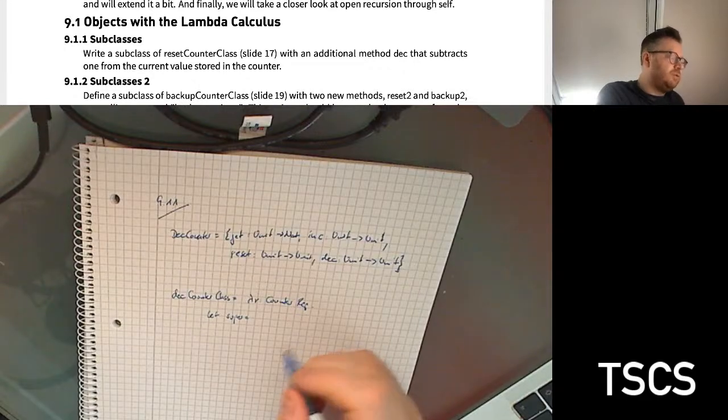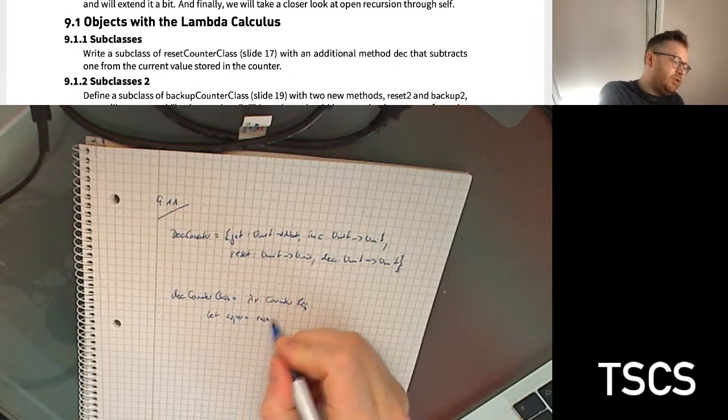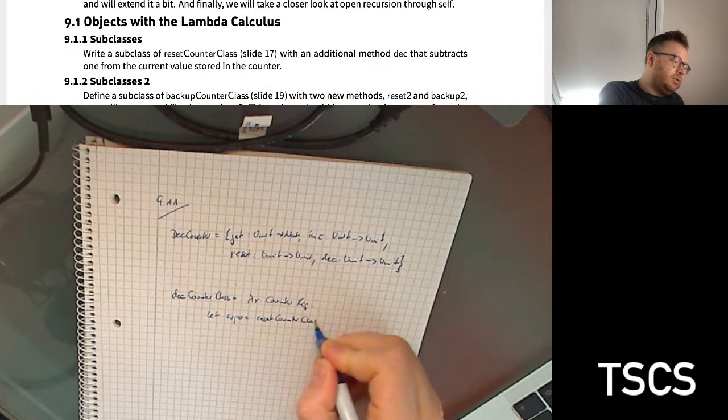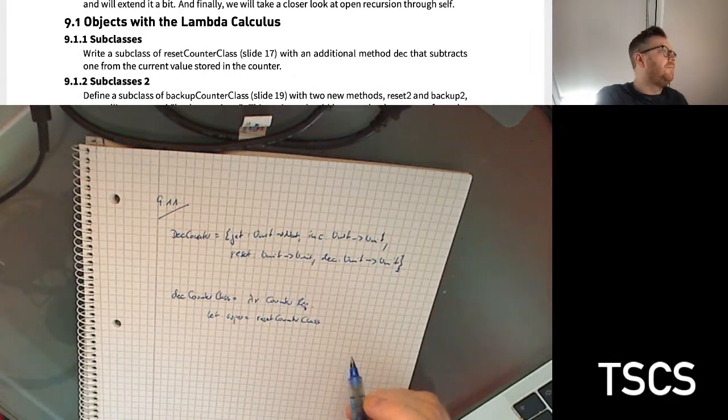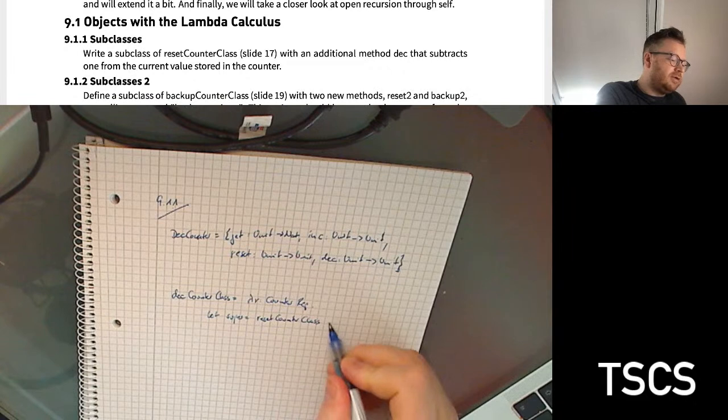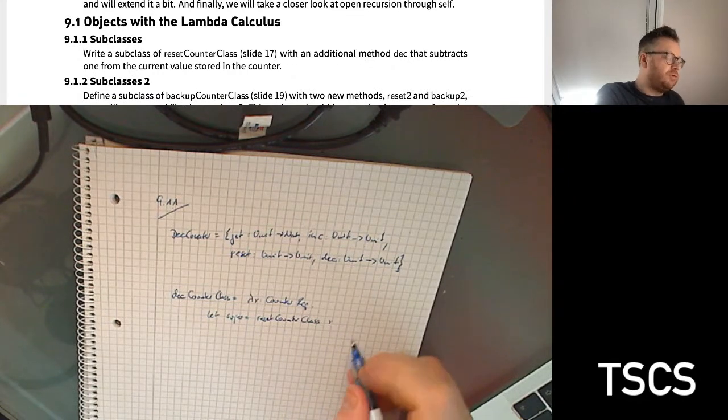So let super be a reset counter class. So the superclass that was forced here in the exercise is reset counter class, and we take the same representation, of course, and then we'll